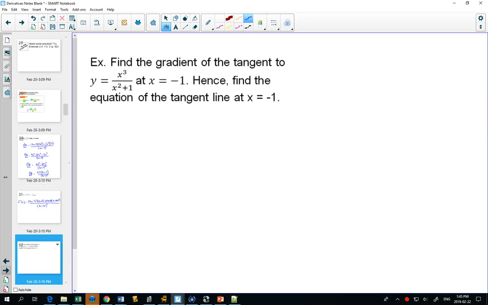Okay. Find the gradient of the tangent to y equals x cubed over x squared plus 1 at x equals negative 1, and find the equation of the tangent line at x equals negative 1. So we haven't seen questions like this for a little while, but, okay, find an equation of a line